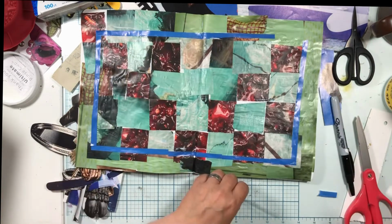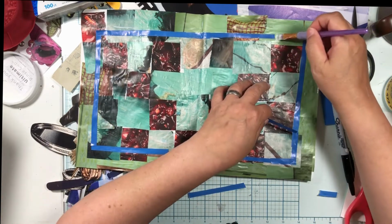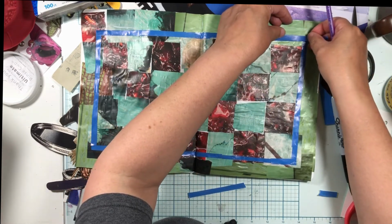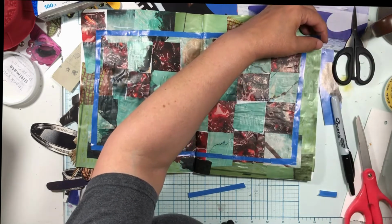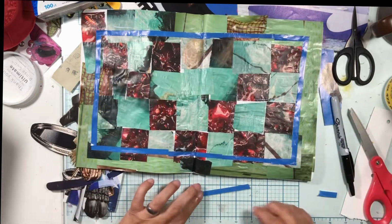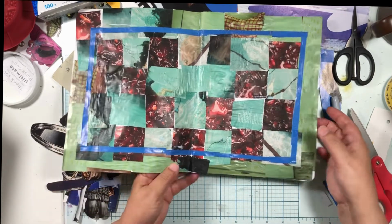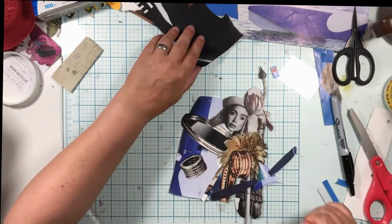All right, so I'm just finishing this up, and I did check, and Sharpie will work on the Mod Podge and will work on the glossy magazine pages. I'll probably, I don't know, maybe seal it, but we can still use it. So this is this. Now, I will let that dry, and I have a challenge for you